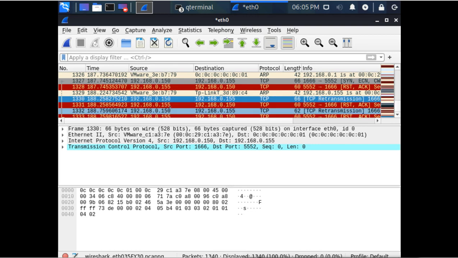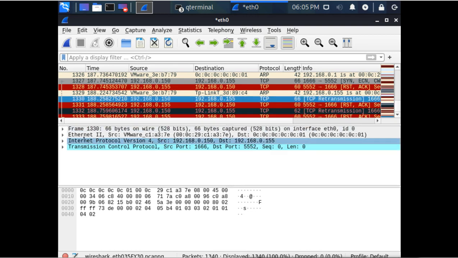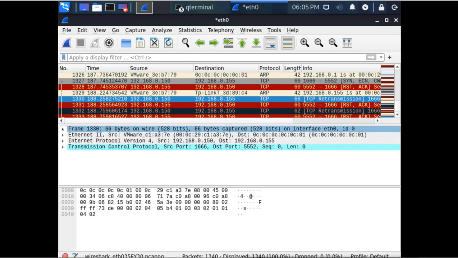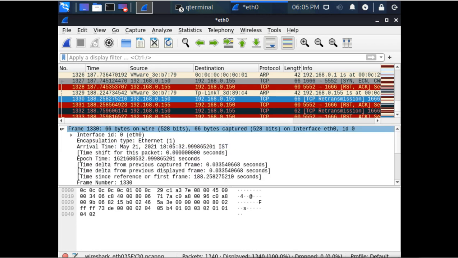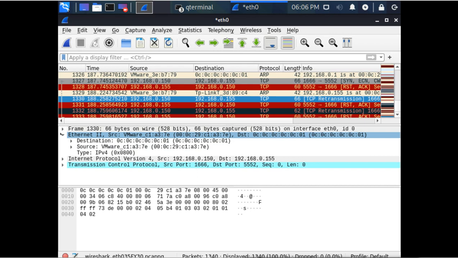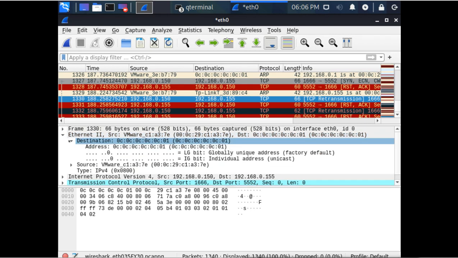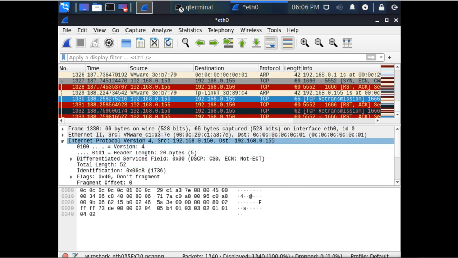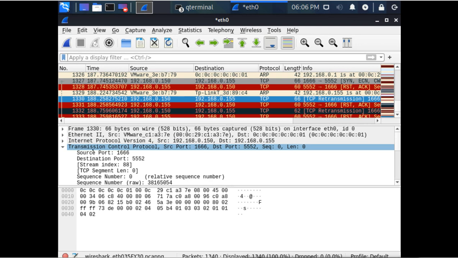You capture one, you select one, then you can see the layer-wise detail here, like this is the physical layer, this is the Ethernet layer, this is the internet layer, and this is the transport layer.